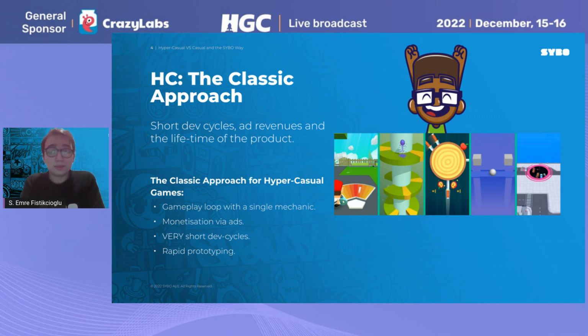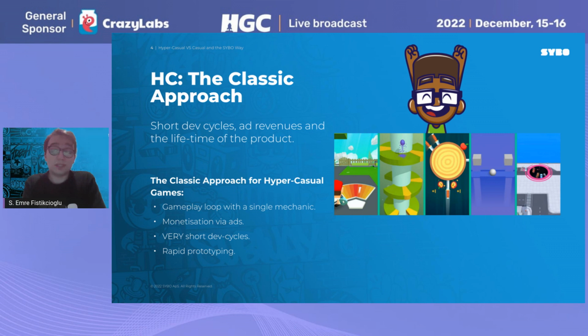The classic approach includes very short development cycles, monetization via ads, very short lifespan of the product, and very fast and rapid prototyping environments. In this approach, the development cycles are so short that they are sometimes under a week, hardly ever 2 weeks.